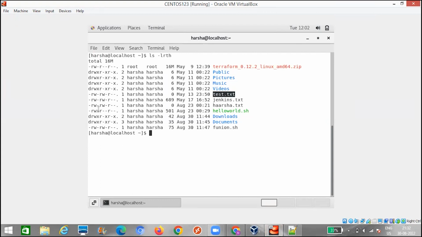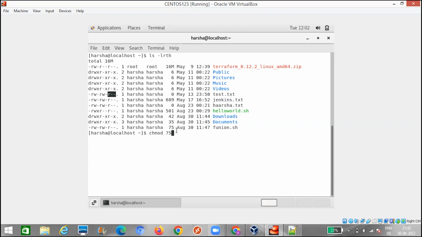I want to give read, write, execute for the user, so my number is chmod 7. And for the group I want to give only read and execute permissions, not write. That is 4 plus 1, 5. Next one I want to keep as it is, only read permission.